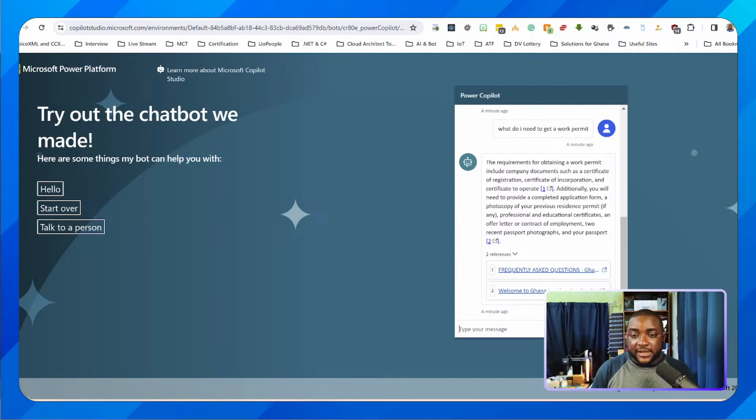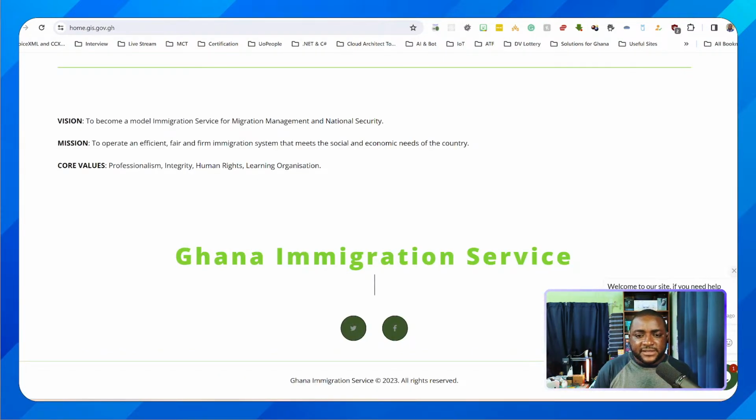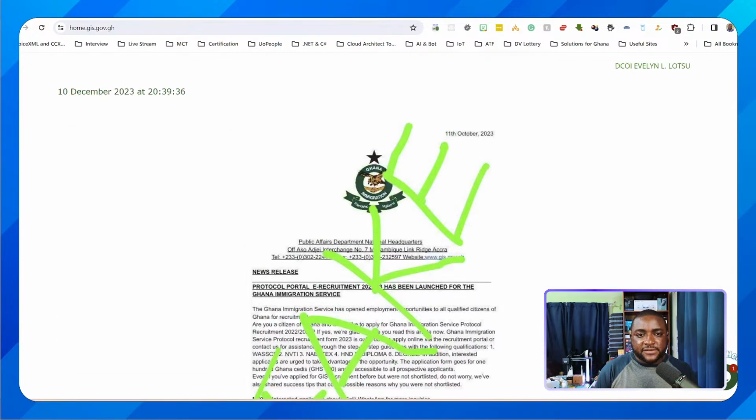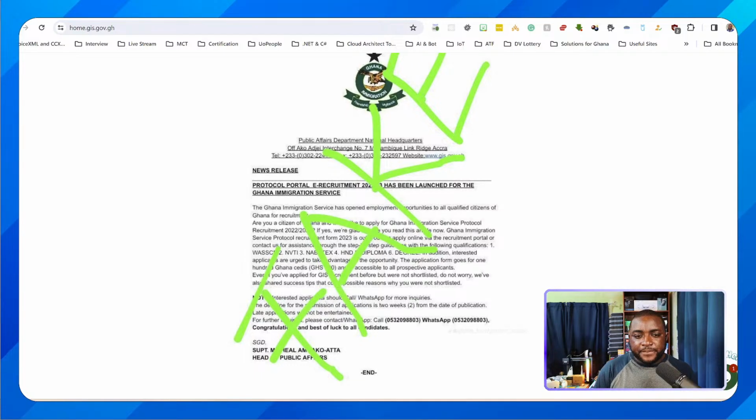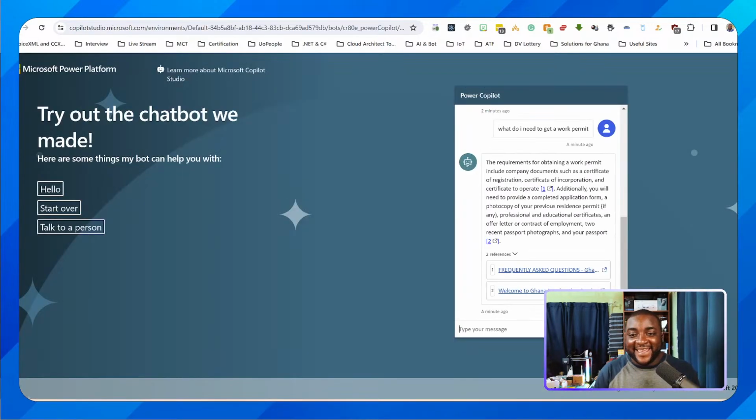What question? So this is for a work permit. Any question? I'm trying to figure out if there's something we can ask it. A lot of things. So I see fake here. So let's try this. Let's go ahead and say what fake. Let's say I'm trying to see what are